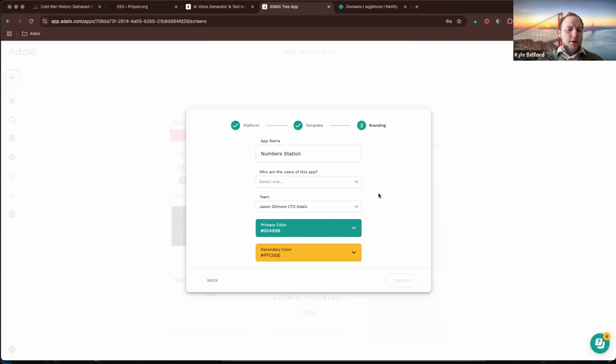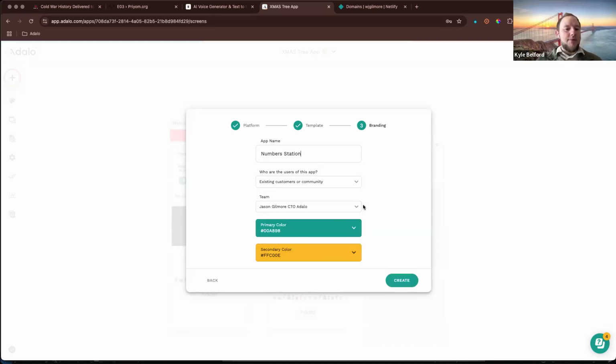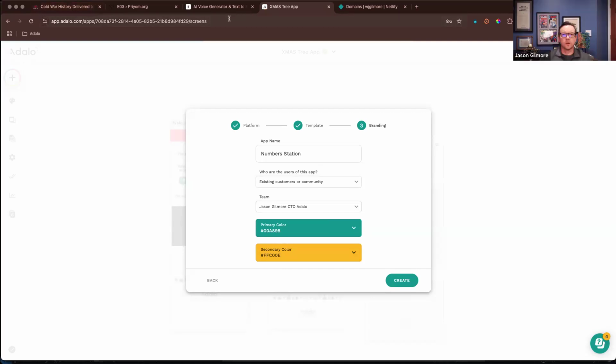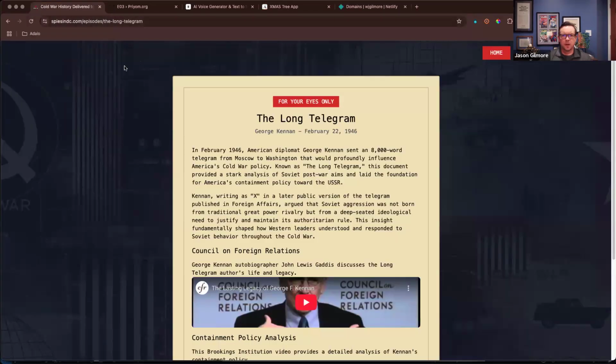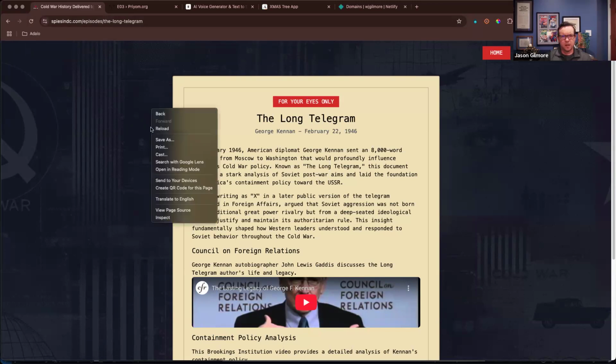And then the users of your app, I think the one you would want to select is existing customers or community, because this is going to the people in your mailing list. The primary color and secondary color can be whatever you want. That's easily changed once you've started building the app. One thing we could do for the colors is go over to the website and use a little trick in the Chrome inspector. I believe this is the case in Chrome. I know it's in Firefox as well. If we hit inspect,